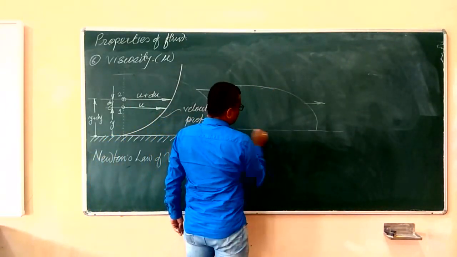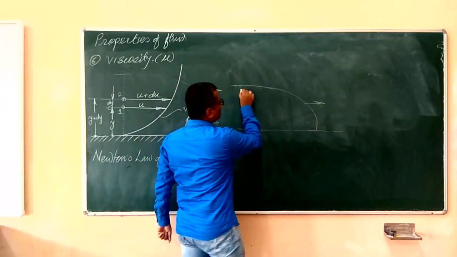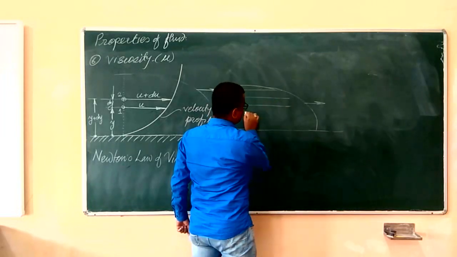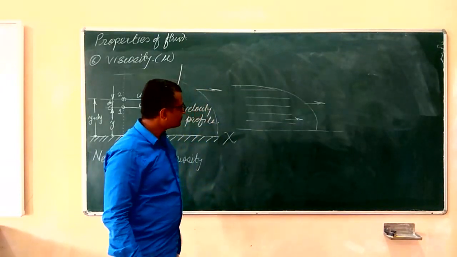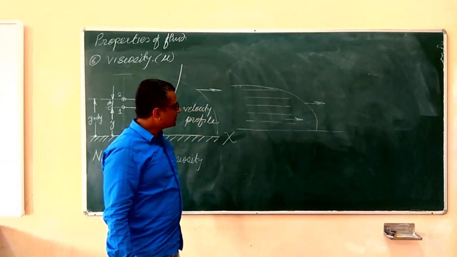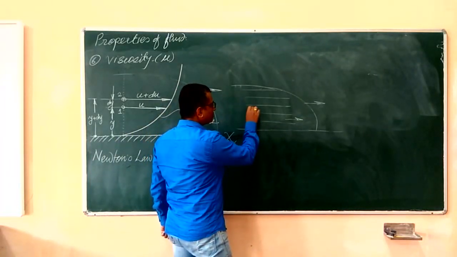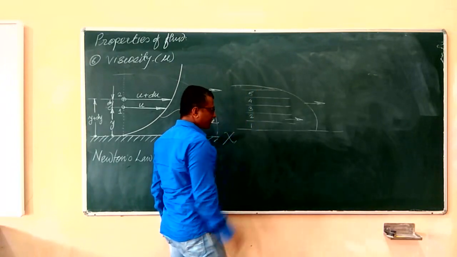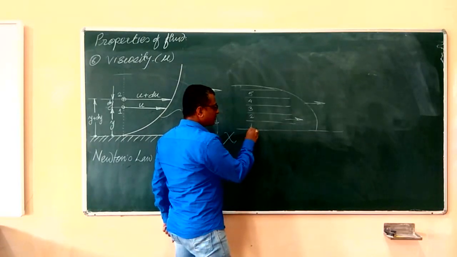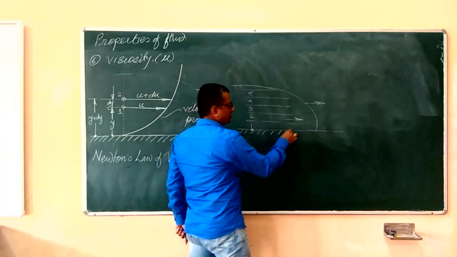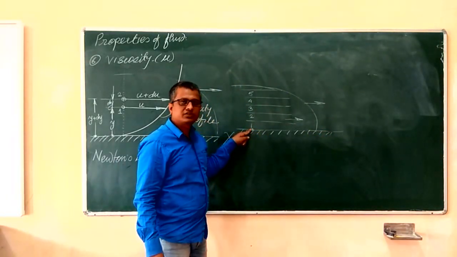Now this is the fluid flow. Fluid flowing over a flat surface means a number of layers are flowing and sliding smoothly over one another. Now the interesting thing is, if I number this as fluid layer number 1, layer number 2, layer number 3, layer number 4, 5, something like this, we have already seen the velocity of the fluid particle in contact with the solid surface. This is the solid surface. The velocity of the fluid particle in contact with the solid surface is always 0.